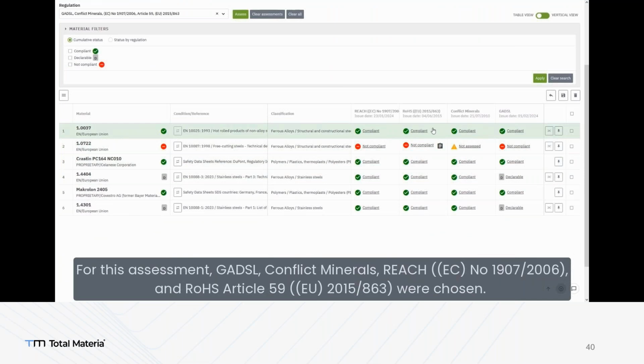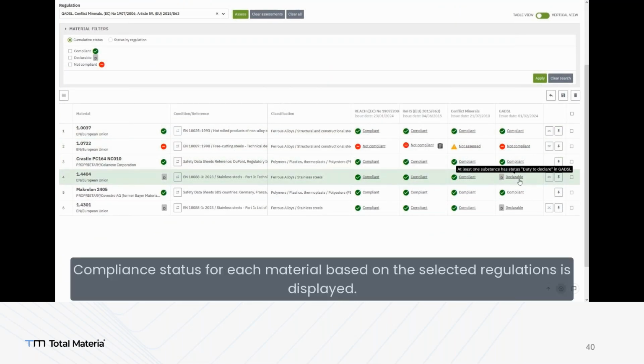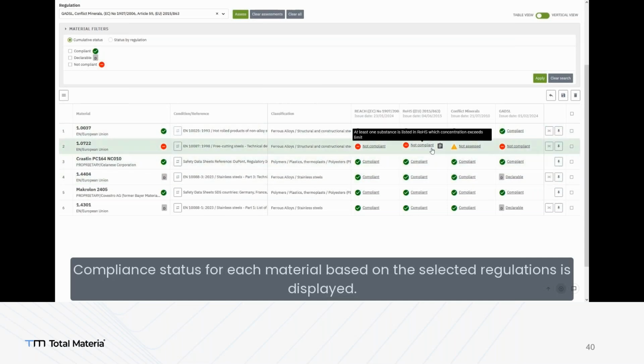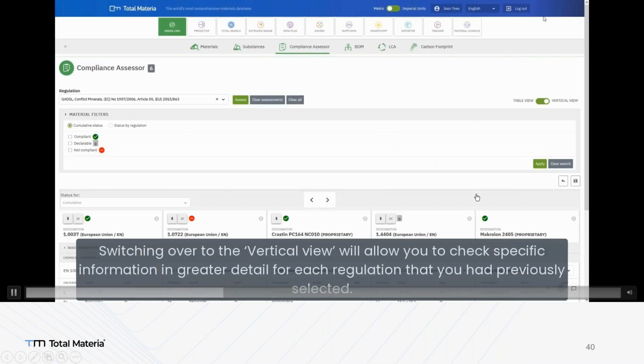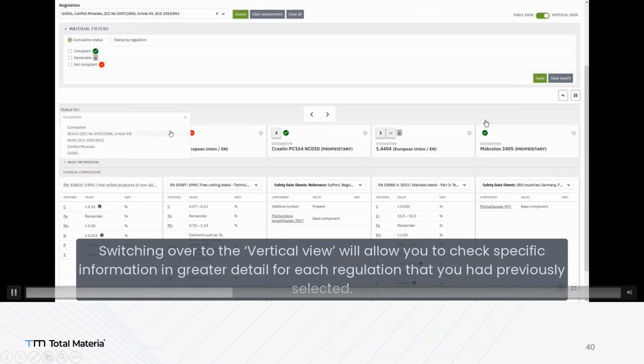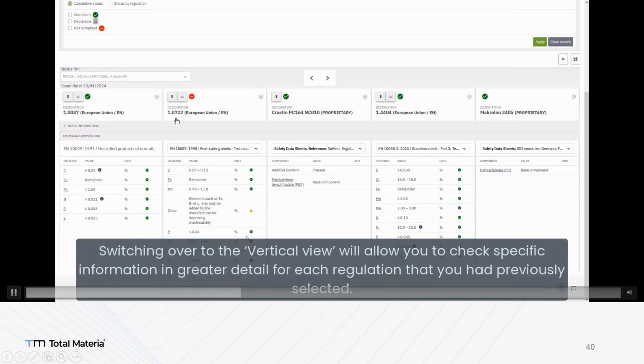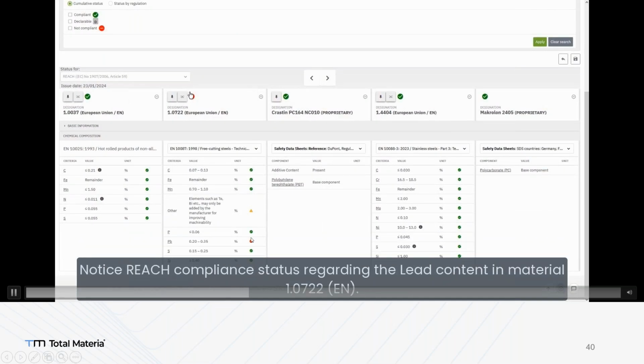To see, it's not compliant, and REACH 10722, it's not compliant. Oops, we need to find a cross-reference of this material. That's not compliant, right? So let's check the cross-reference of this material.